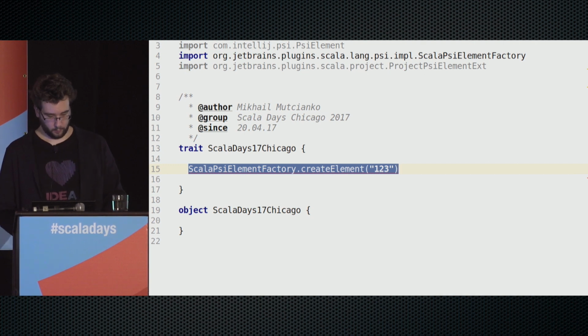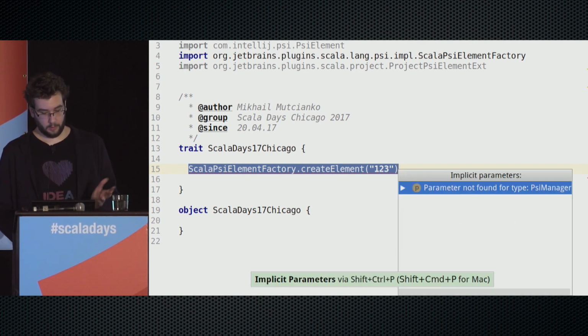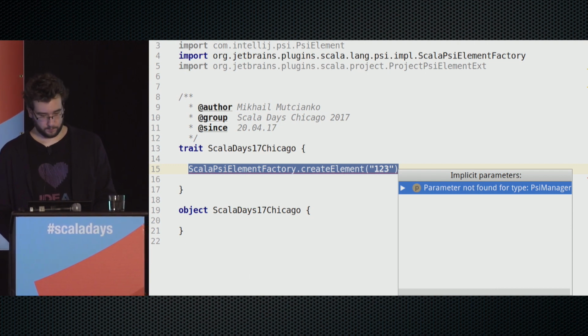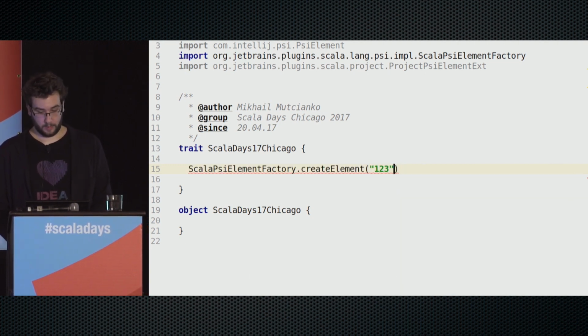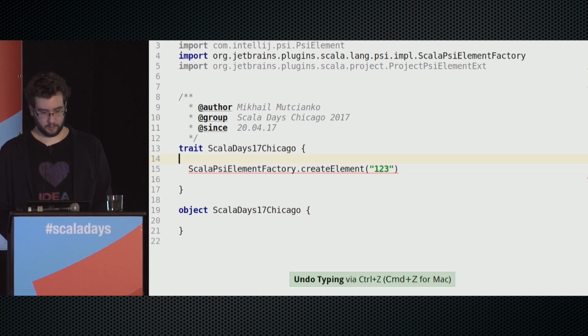Again, this is invoked by pressing Control-Shift-P on Windows or Shift-CMD-P on Macs. Also pretty straightforward, but now it doesn't work since I haven't provided it with any of the implicits right now,